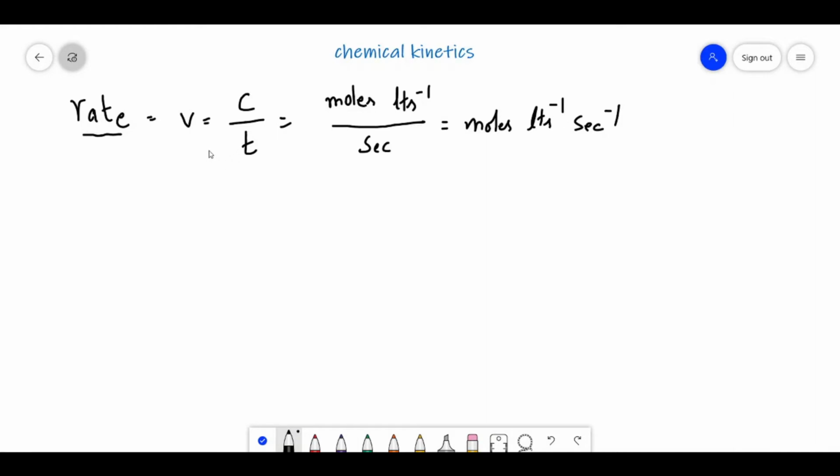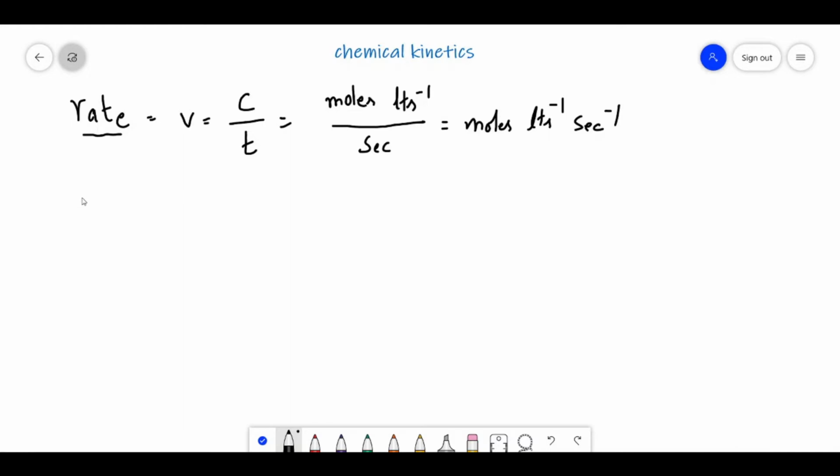So these are the units of rate. And in this they will ask questions. If they give some change of concentration in some time, then you can take V is equal to change in C by time. You take the difference of concentration by time, then you will get the rate of reaction. And sometimes he will also ask to write the instant rate of a reaction.